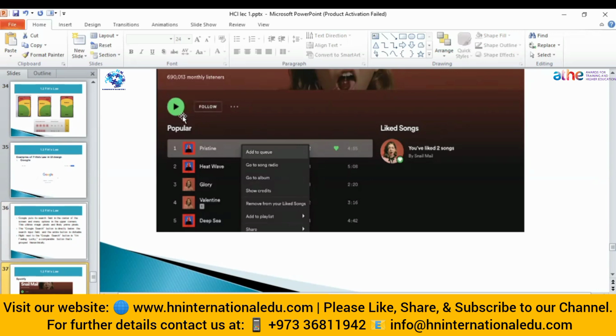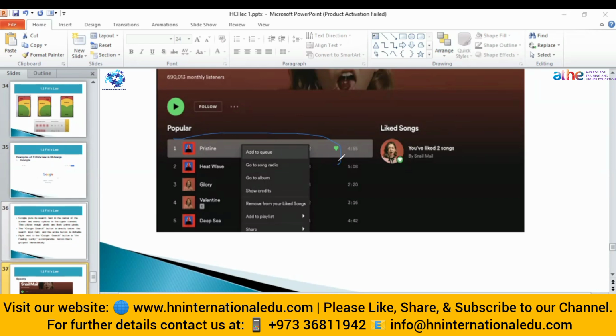That also follows Norman's theory that the object should be presented in such a way that the user can easily interact with it. Now, the hover effect is also present. If you hover over any of these links, the color or the background of that icon also changes. In this example, this is the hover effect that shows that this is a clickable icon.